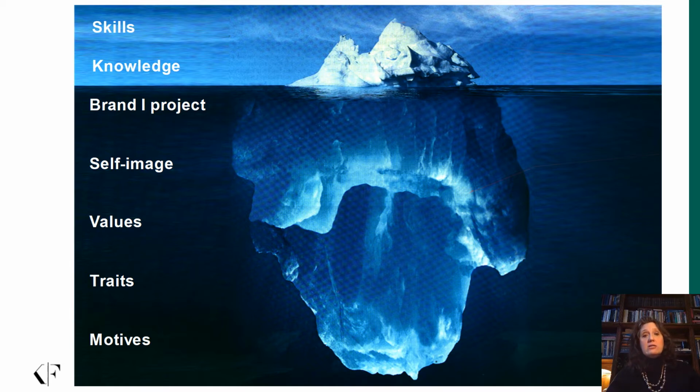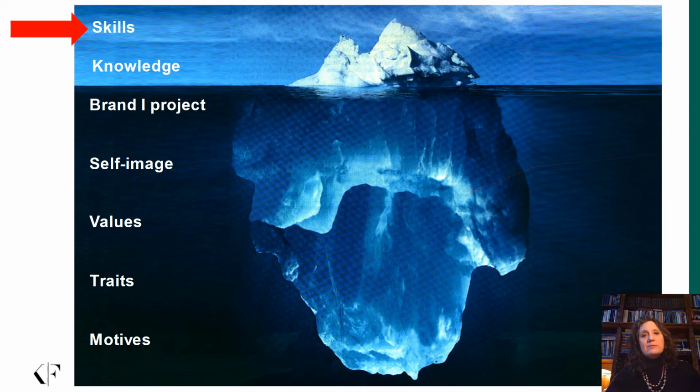The most conscious characteristics are those above the waterline, on the visible tip of the iceberg. These are the things that are easy for others to see, like skills and expertise, things that you can easily find on a resume, for example. The characteristics that are less conscious are below the water. They're the part of the iceberg that we can't see from the surface. And these are the things that may take longer for people to learn about us, like our personality, what's important to us, what gives us energy. Notice that even though we can't see them, they make up the majority of the iceberg. So let's take a deeper dive into each of these different layers or characteristics.